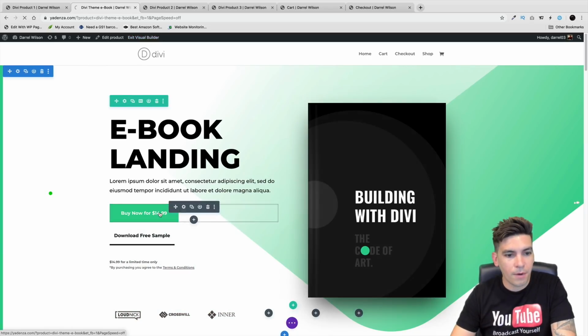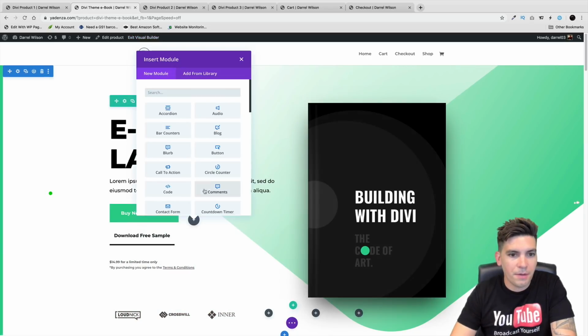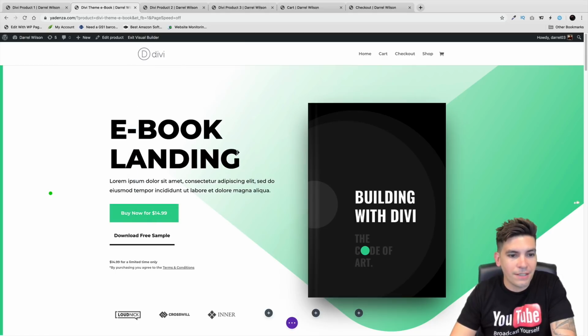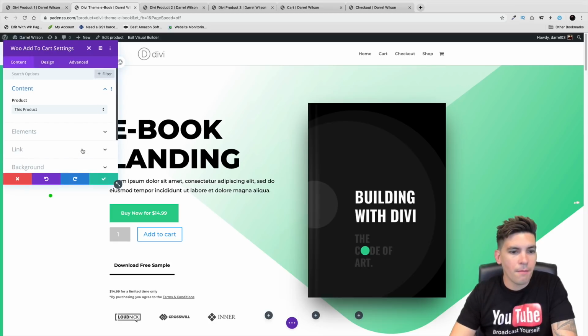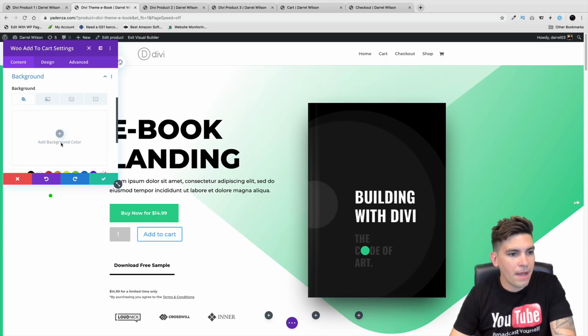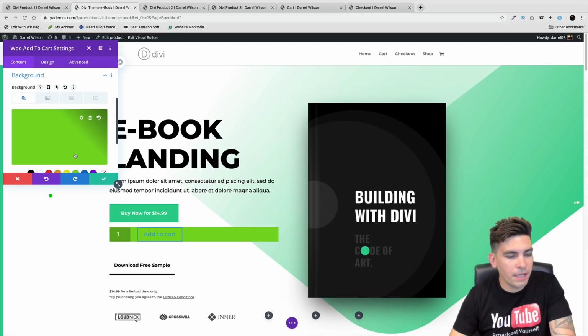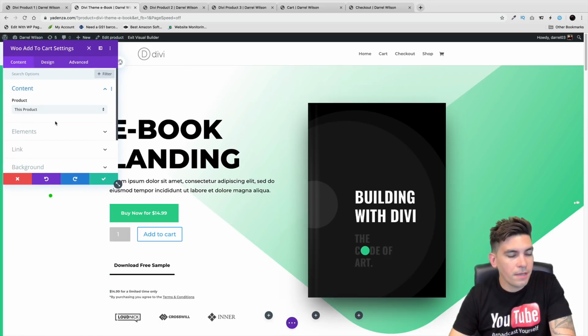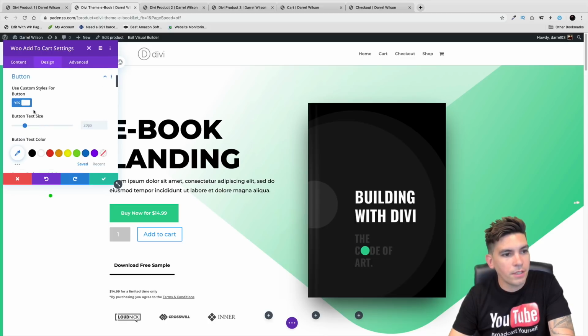So for example, right here, I want to click on plus. There we go. And I'm gonna go ahead and scroll down to the WooCommerce add to cart button right here, and I want to modify this. So I want to basically change this a little bit. In fact, I want to mimic this button right here. So for the background right here, I'm just going to go ahead and put in, oh, not this color. For the button styles, I'll go ahead and go to button, use this for styles,